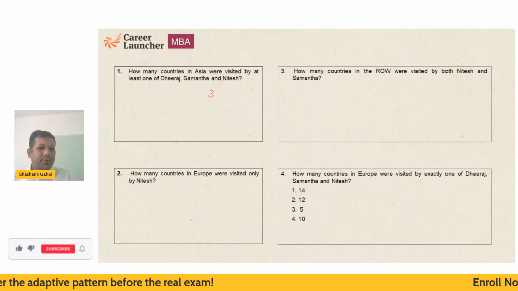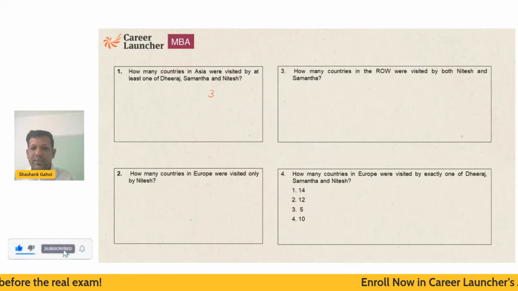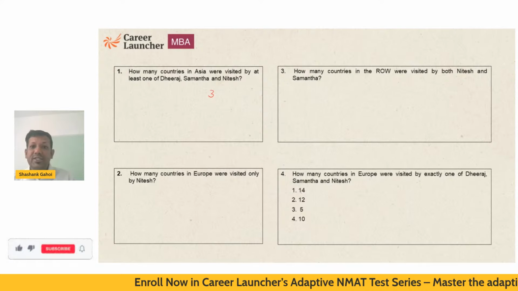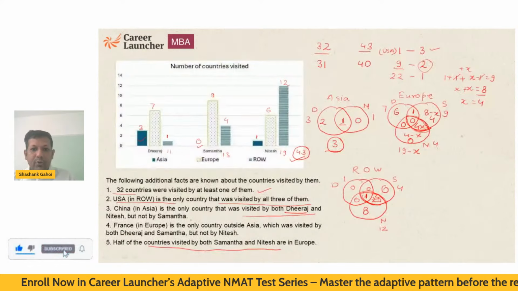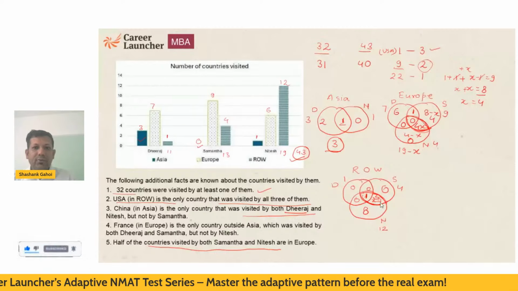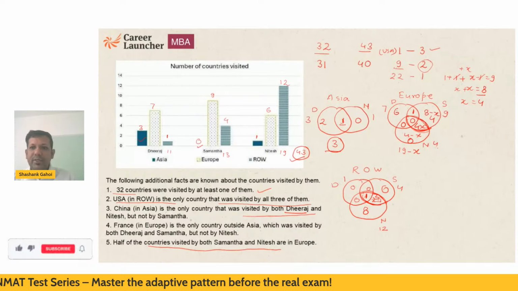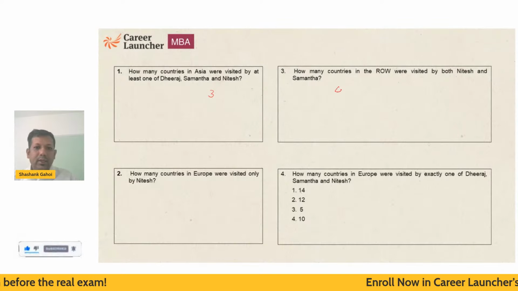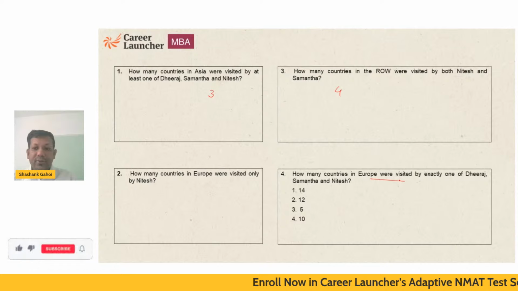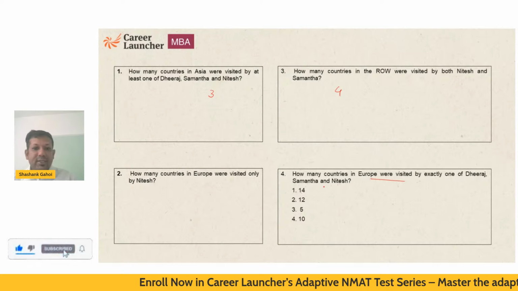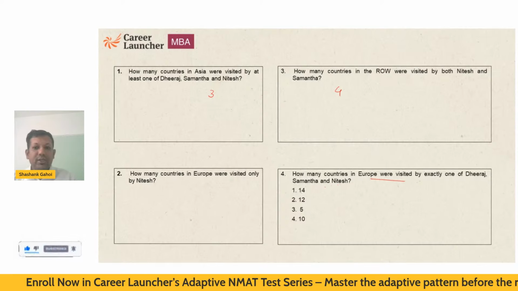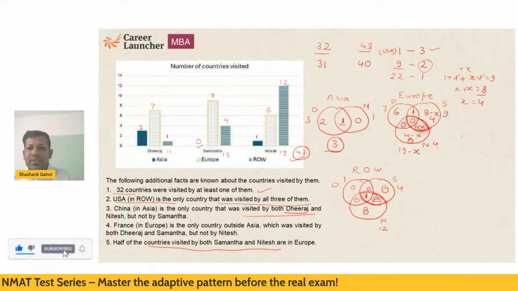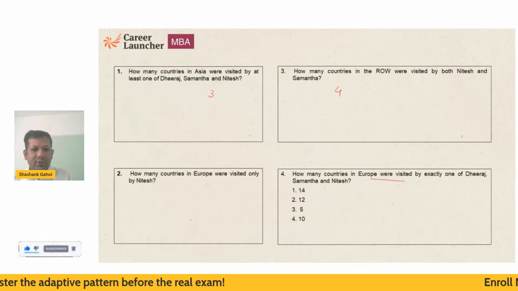I'm not sure, but I'm not convinced with the answer. But anyhow, let's see. How many countries in ROW were visited by both Nitesh and Samantha? That is going to be 4. Now the next one: how many countries in Europe were visited by exactly one of Dheeraj, Samantha and Nitesh? Exactly one of them is going to be 6 plus 4, 10. 10 plus 0 is